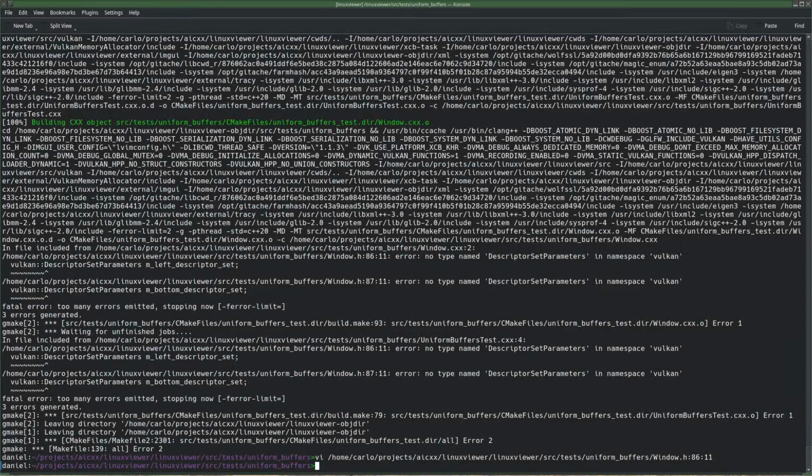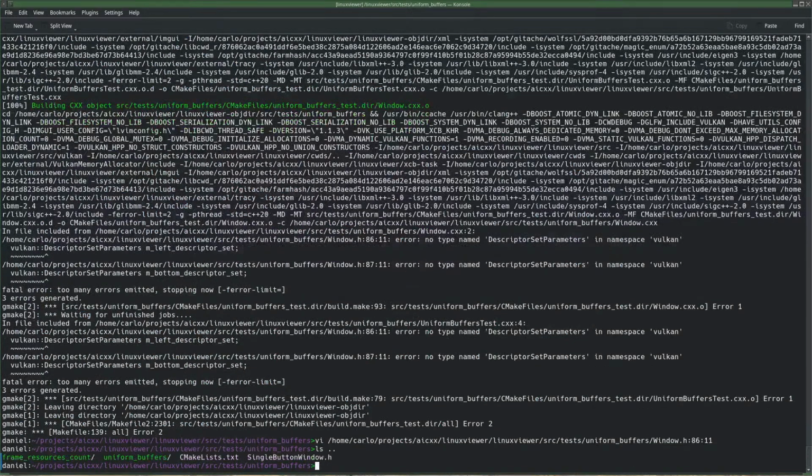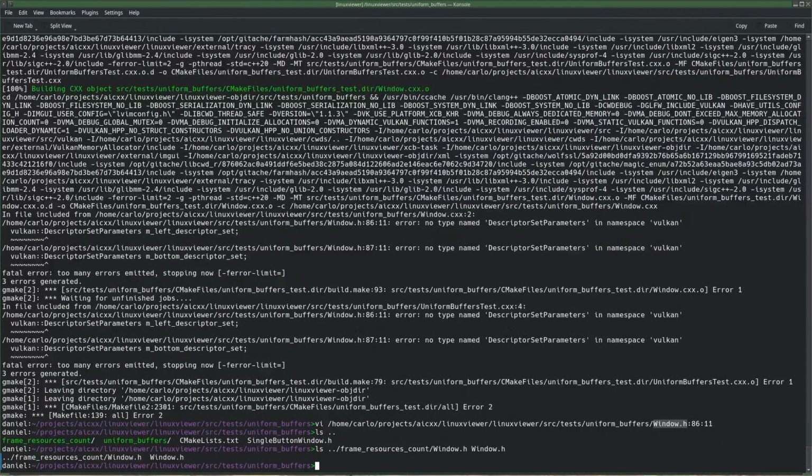I think that's a good idea. So I have already made changes in this code here. And I'm going to do the same thing in that file. Comparing them. And yeah, I meant VI.